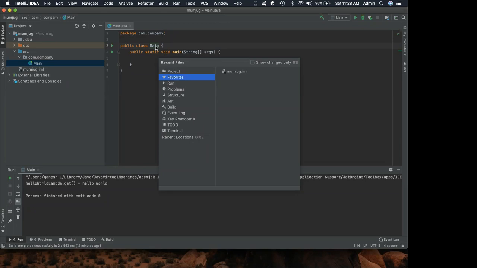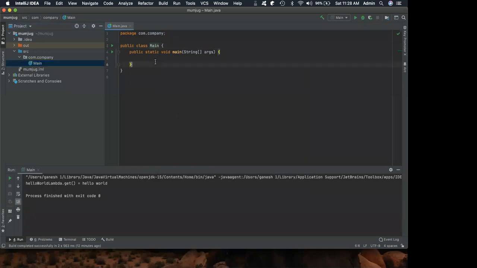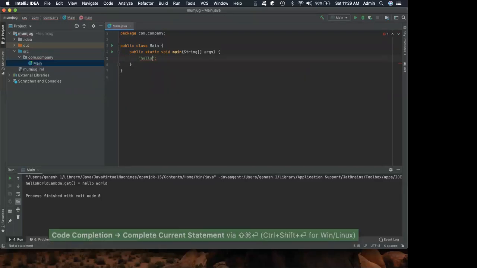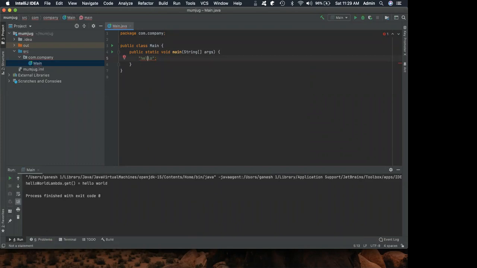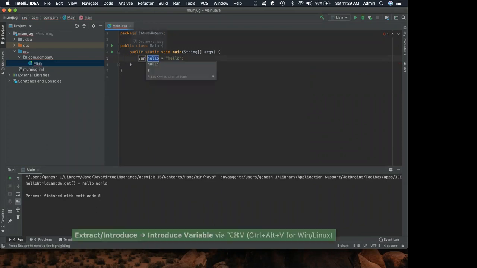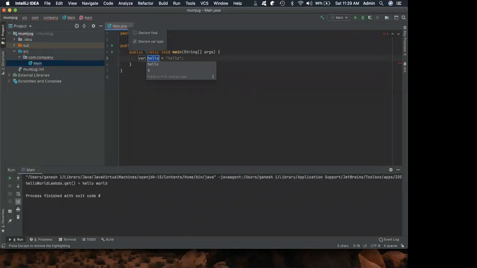Okay, all right. Now let's come back and start with some very basic coding things. Let us say I have hello, and I want to introduce a variable, right? There are different ways to introduce a variable. One we saw was alt enter, another one was dot var, right? Now let's complete this with a semicolon. And I'm going to use a refactoring shortcut for introducing a variable, which is Control Alt V for Windows, right? This is pretty cool because anywhere you are, you'll be able to introduce a variable quickly, right? So enter here, and you'll be able to use that variable.